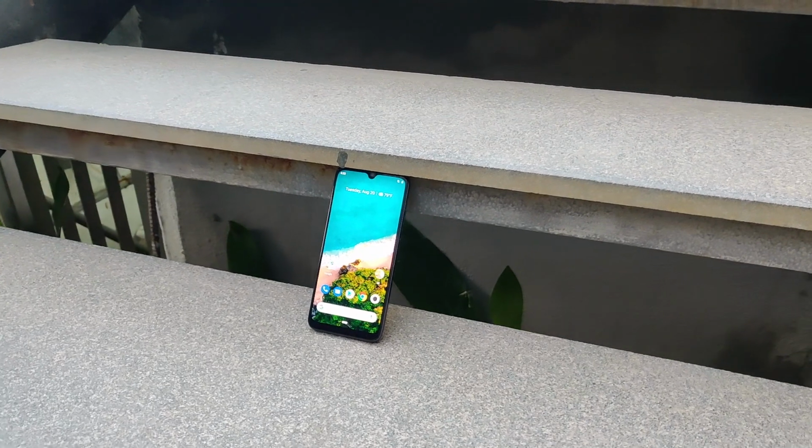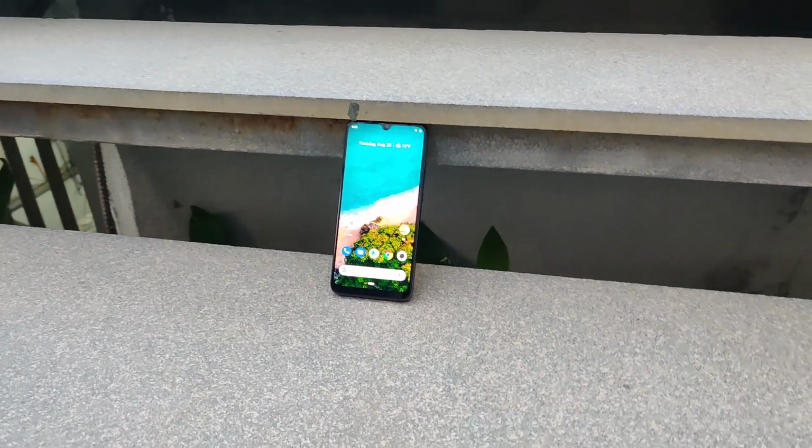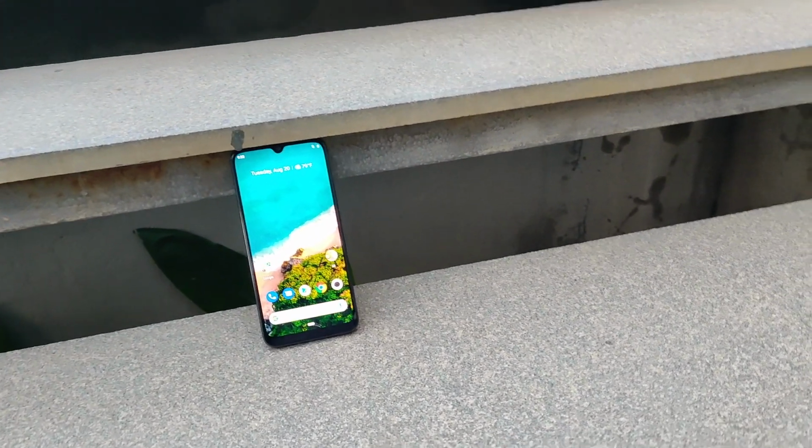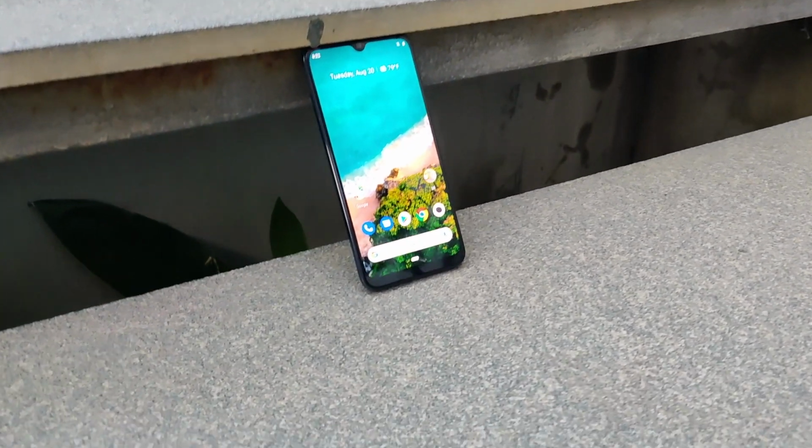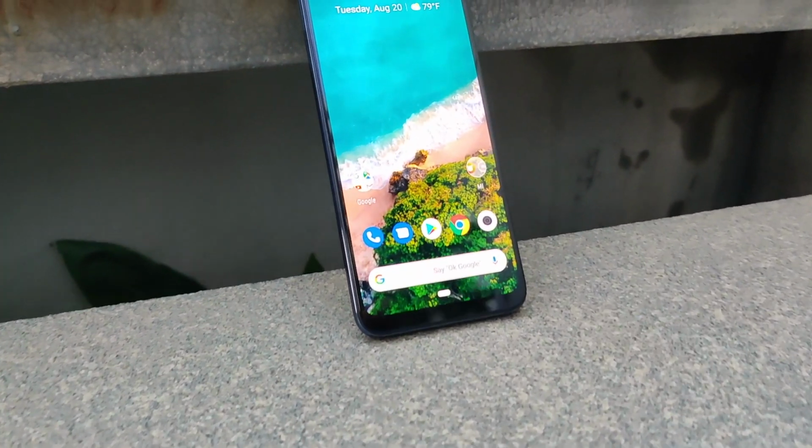So yeah, it's just based on the looks because you're anyhow going to put a case on it eventually. Right. So the third difference would be AMOLED versus LCD, like we briefly discussed in the beginning. So right now we have AMOLED on the Mi A3, LCD on the Realme 5, and the experience is definitely visible, I would say. Yes, especially if you go outdoors and if you're using your phone, the AMOLED panel is